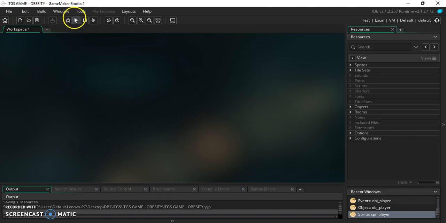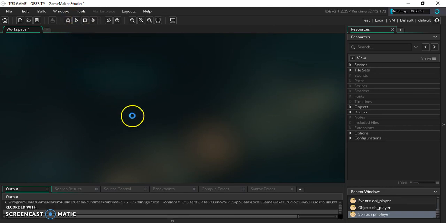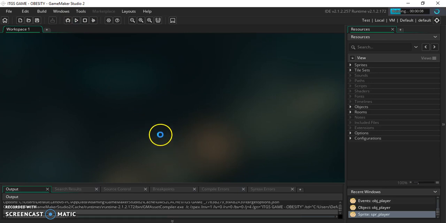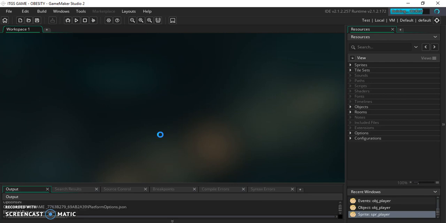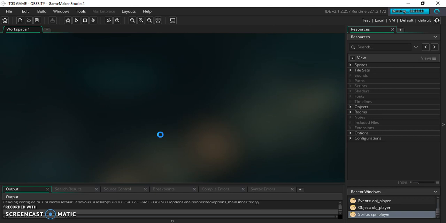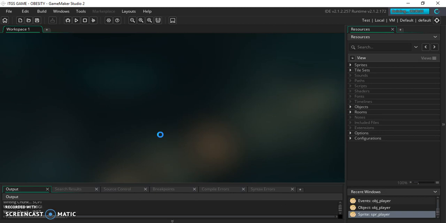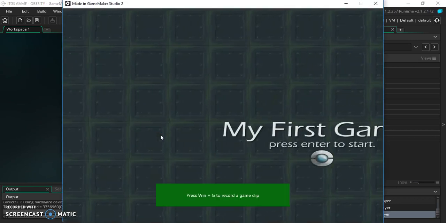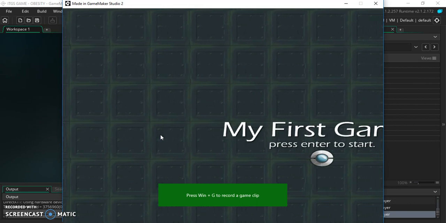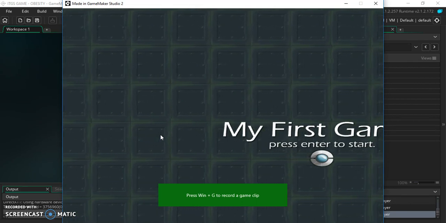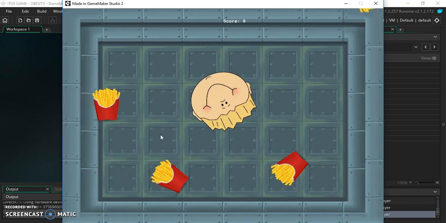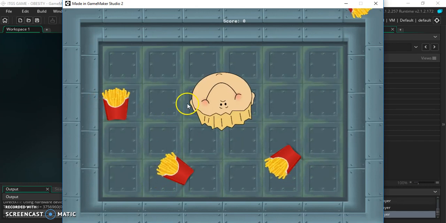So now let's move on to the game and let me show you how it is played. This is the start screen where it says press enter to start. Therefore, after pressing enter, we'll go into the first room where the boy is